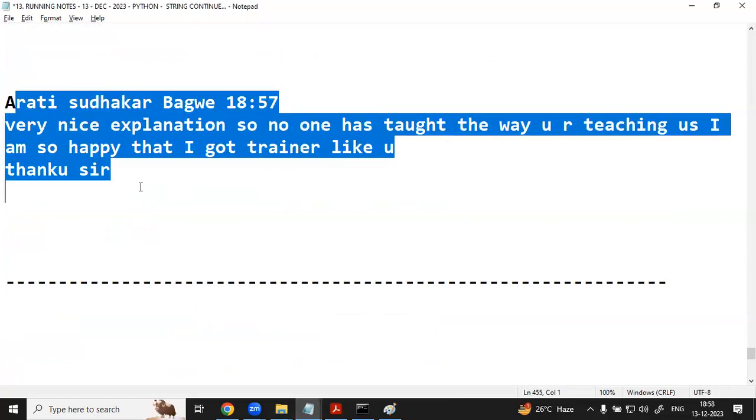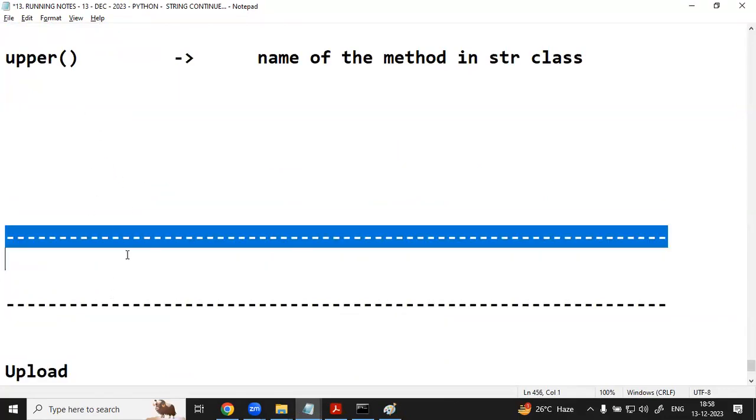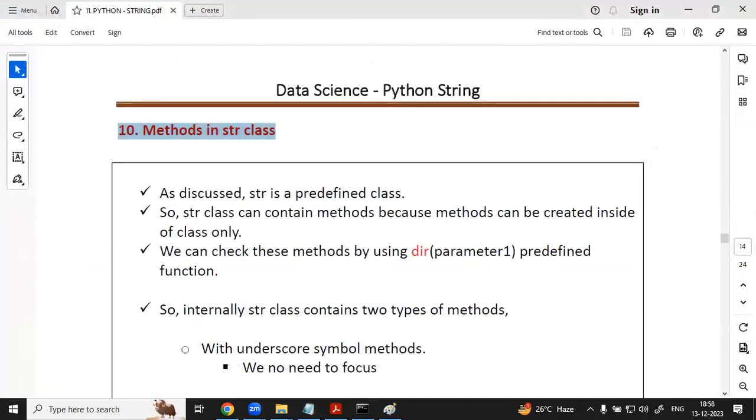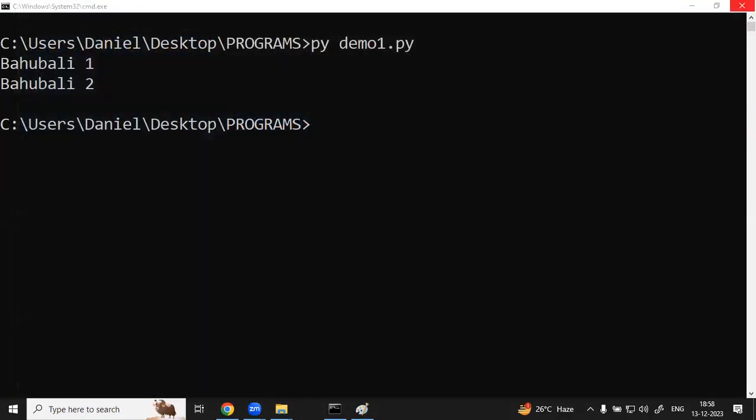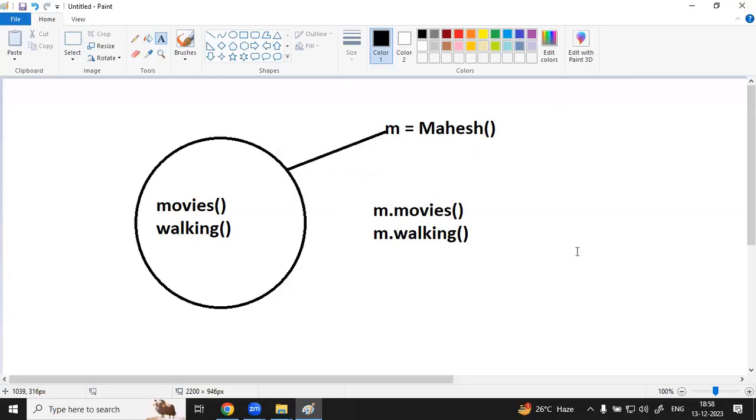Good. Let me upload the running notes. Online team, can somebody take a snapshot and share it in our WhatsApp group? One person, please take a snapshot and share it in the WhatsApp group immediately. Why?